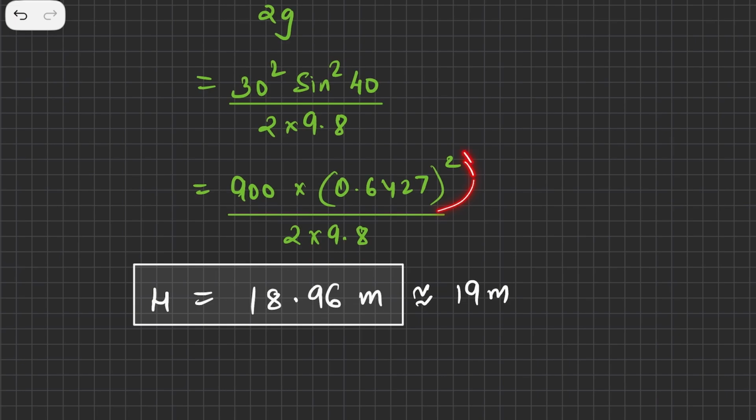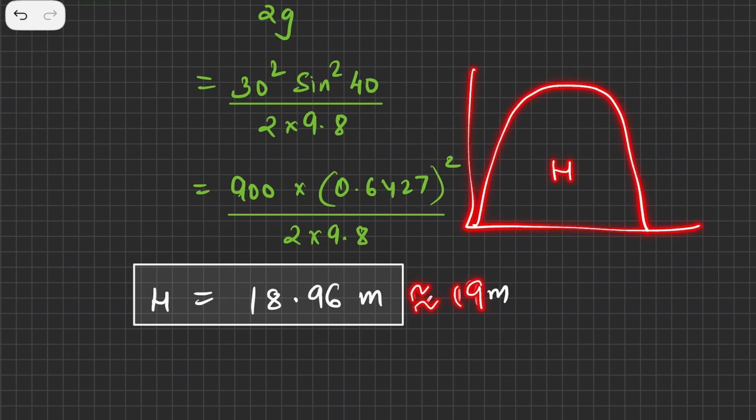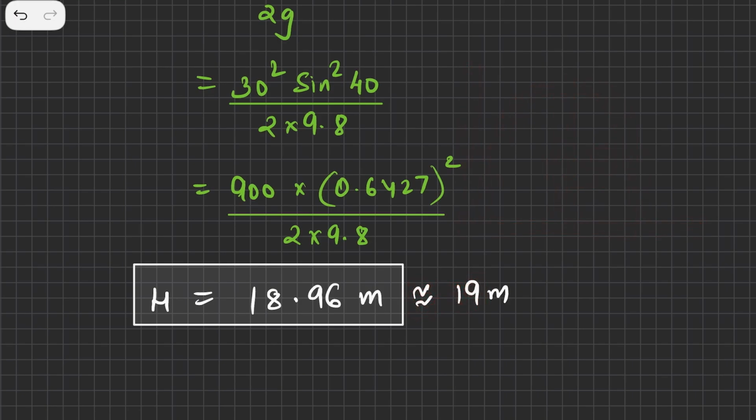Again, solving this part is either by logarithms if your board allows, or by calculator if your board allows. Solving this, I'll get 18.96 meters, which is approximately 19 meters. So when the projectile is launched, it is going almost 19 meters in height. So this is all about